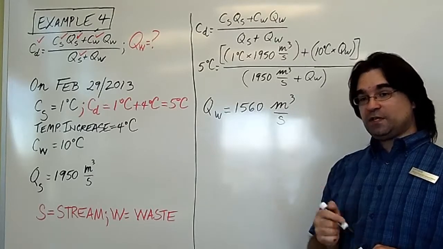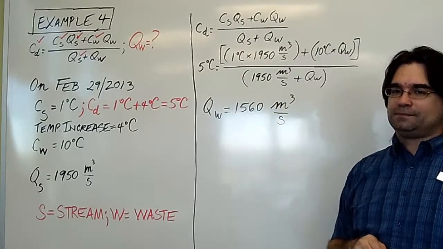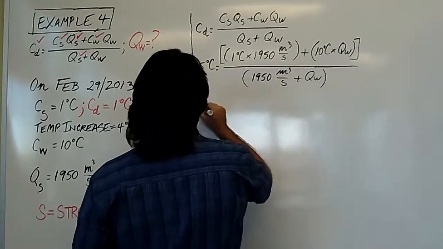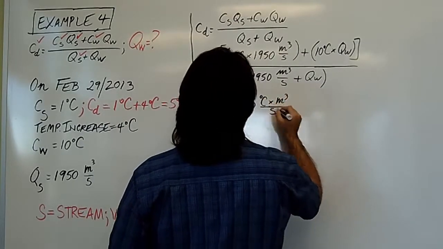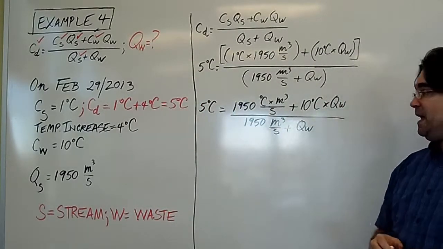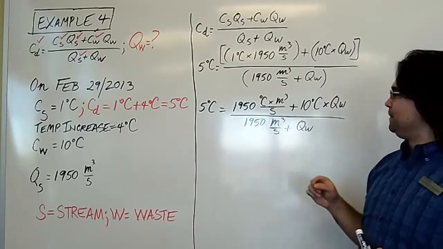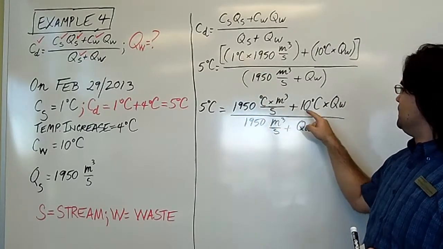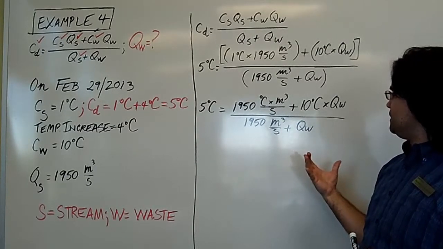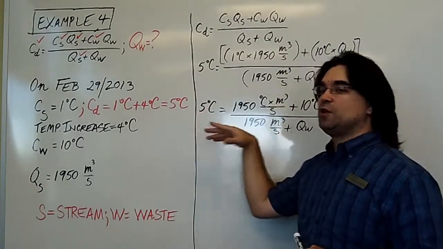Otherwise, if you don't want to give it a try, or if you just want to follow along with me, I'm now going to erase this and do it step by step. The first thing I'm going to do is calculate these products wherever I can. The mathematicians in you are going to look at this and say, this is atrocious form. I apologize, yes. So I've multiplied this out. This I can't multiply out because this is my unknown. This I can't touch. So with the end goal of having QW on this side of the equal sign and numbers on the other side,